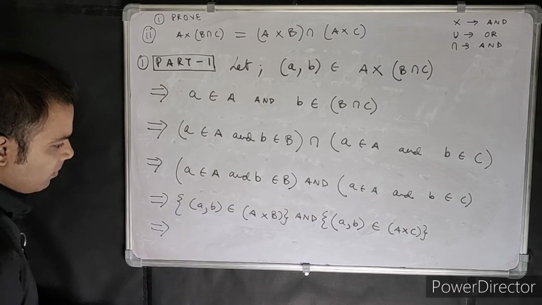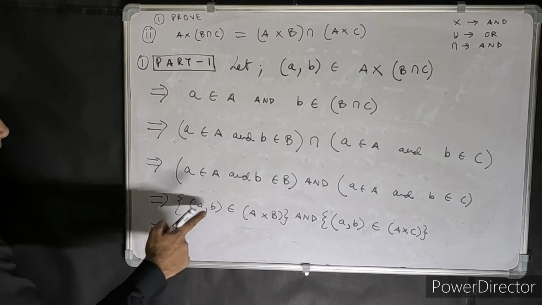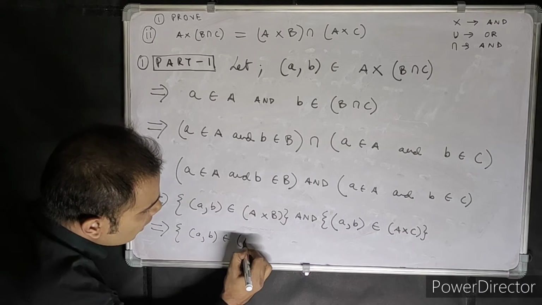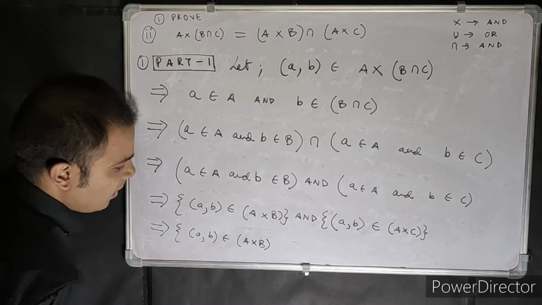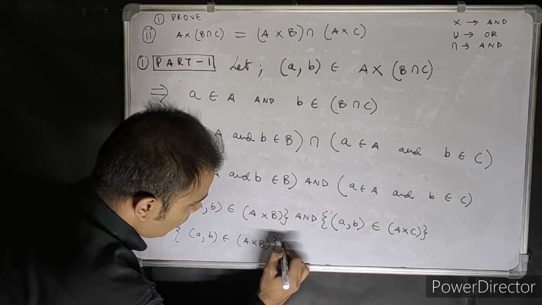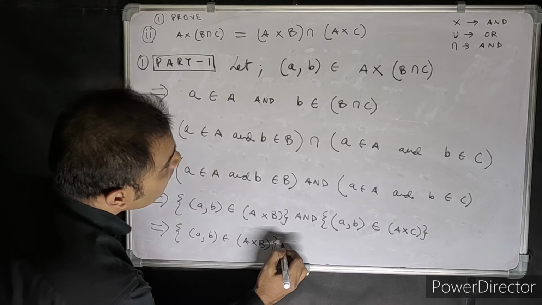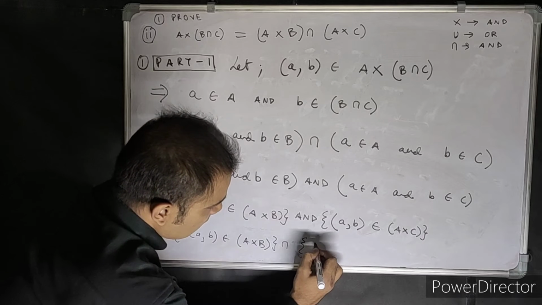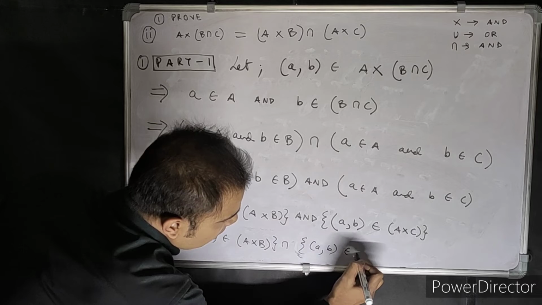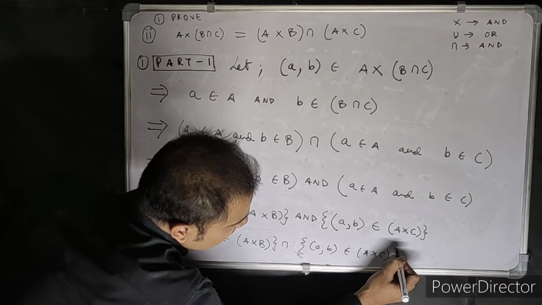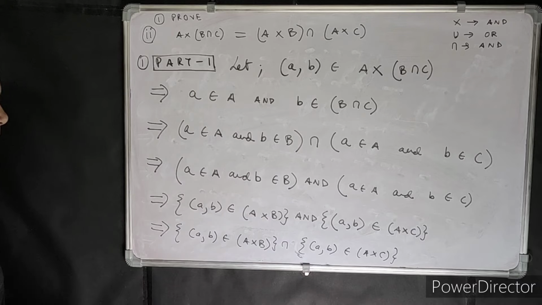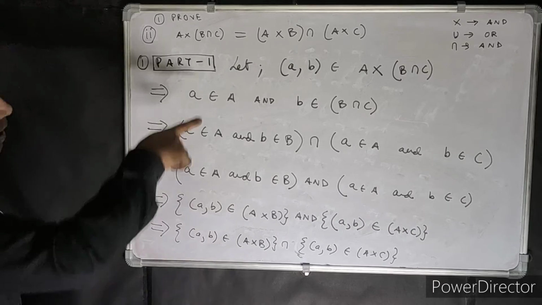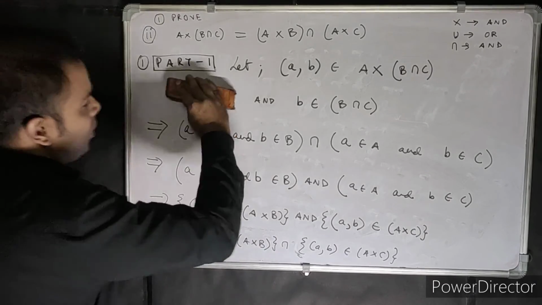So from here what do we get? From here we've got both these things as common. So you can write A comma B belongs to A cross B, put the intersection sign, and then let's do one more step actually. I could have ended it here, but it's okay, you can do one more step. It's done actually. I changed the and to intersection again. Now from here we can do one more step. Let's write it on top somewhere here. You copy later.